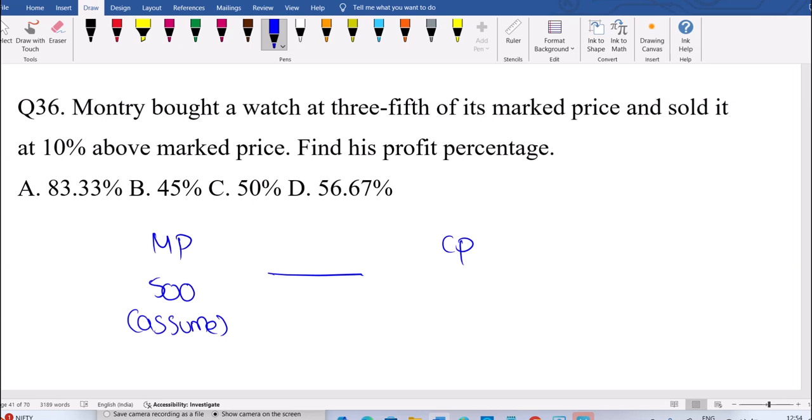You are asking for a discount. Somebody said 500, you are arguing with them and you announce that you got the discount as 3/5 of that. You have purchased for 3/5 of its marked price. 3/5 of that means 300 rupees. Now you are selling it 10% above the marked price. What is the marked price actually? 500. Now you are selling it for